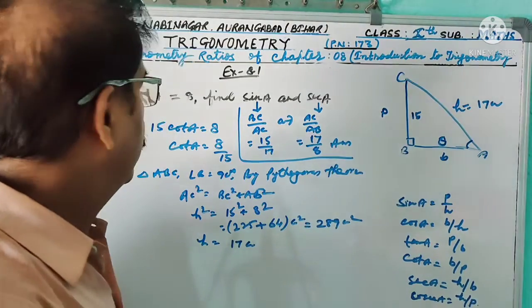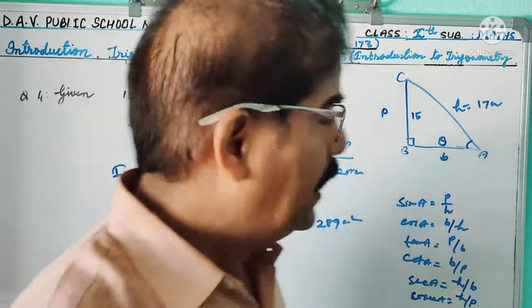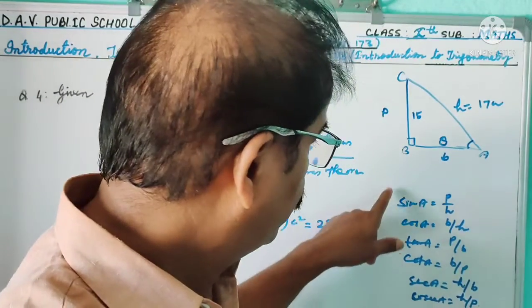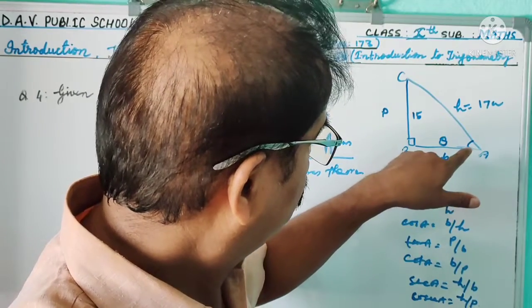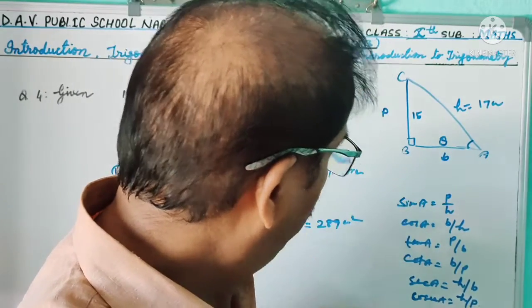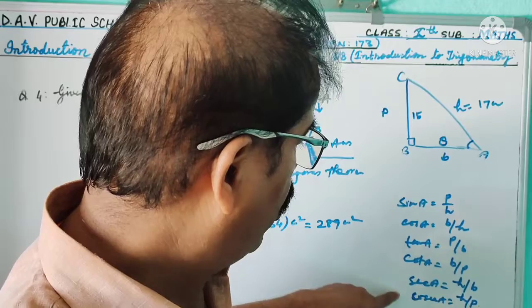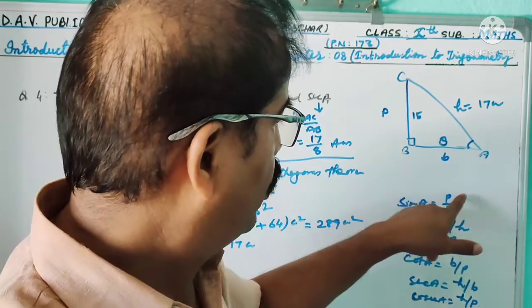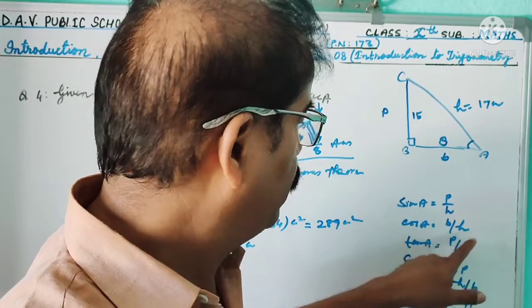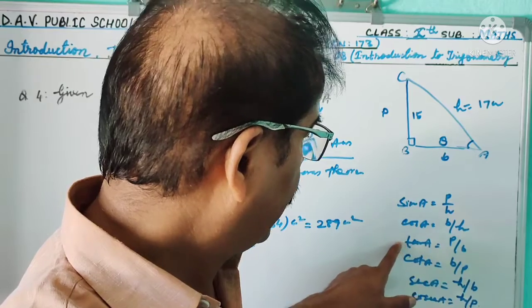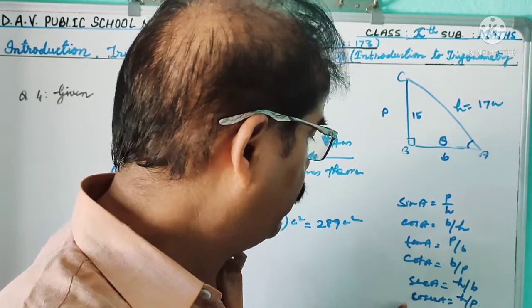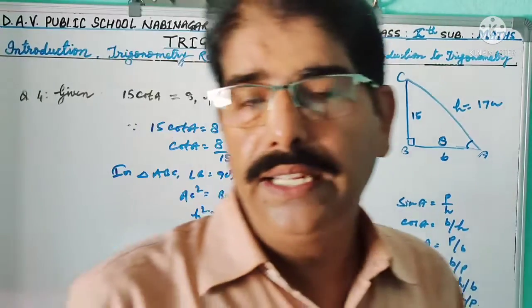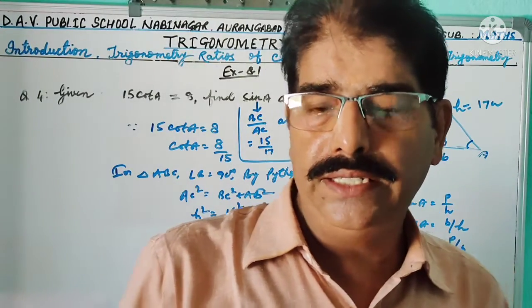So dear student, always write T ratio and remember sin, cos, tan, cot, sec, cosec. Sin A equal to P by H, cos A equal to B by H, tan A equal to P by B, cot A equal to B by P, sec A equal to H by B, and cosec A equal to H by P. And next question is,